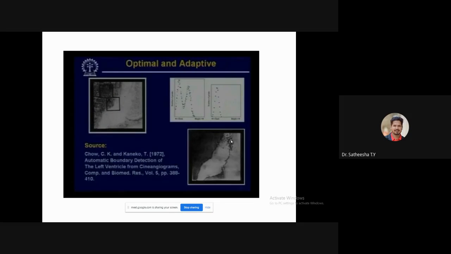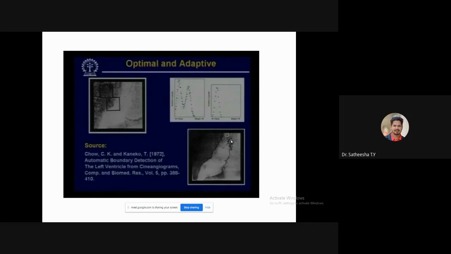So the approach that was taken in this image was to divide it into a number of sub images. For every sub image, the optimal threshold was estimated, and then thresholding was done.